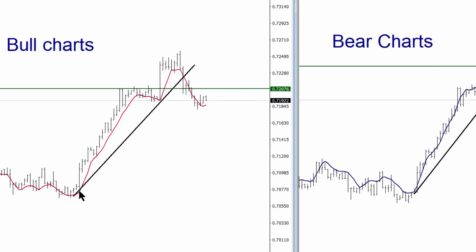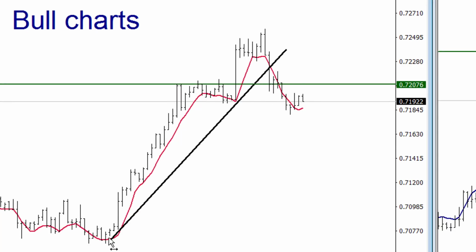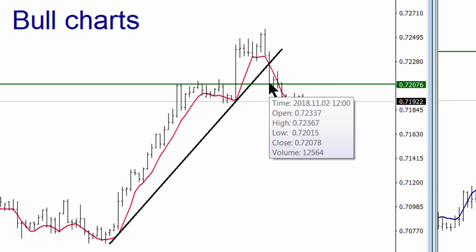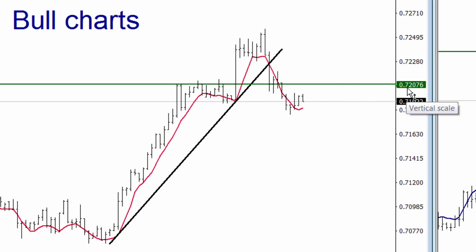Here's a trend line violation. Let me just tidy it up a little bit. How trend line violation works is you draw a trend line over the turning points in the market, and when the price violates that line, you can then trade. You can either trade immediately when it violates, or wait for the close of the candle. In this case, I've waited for the close of the candle. So there's the close of the candle, and you'd be entering a sell at